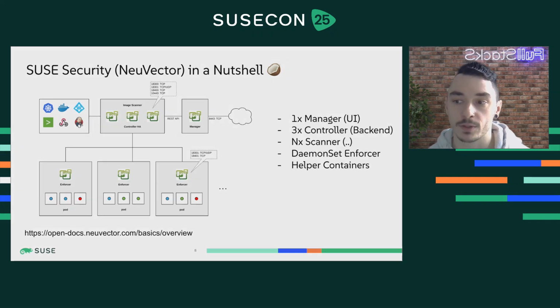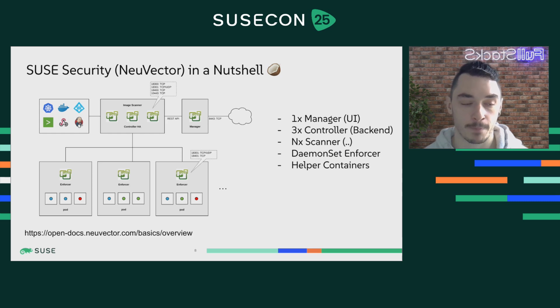From an architectural point of view, this looks something like this. On the top right-hand side, we have the manager component, which is actually just the UI component, talking with the controller, which is the backend, usually a deployment of 3 pods, via the REST API. On the top left-hand side, we have additional integration services that can be used but are not necessary for the